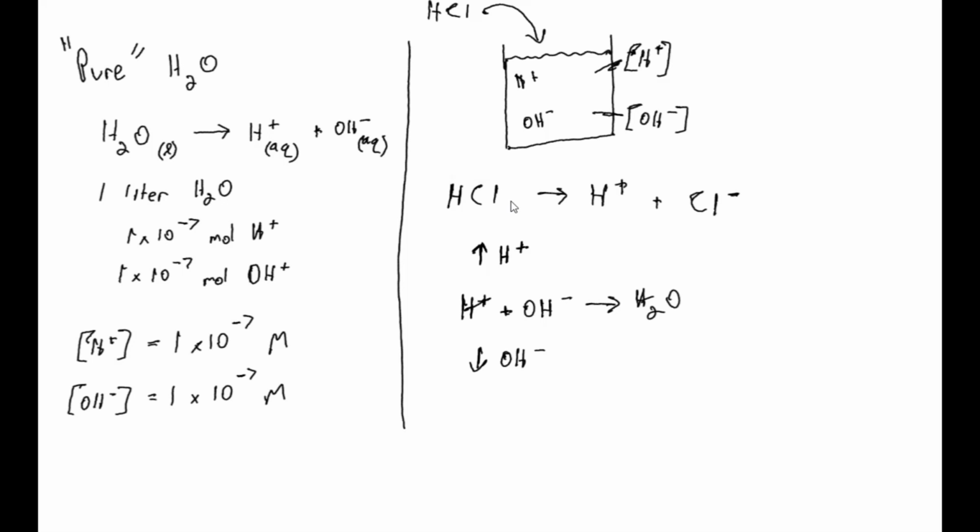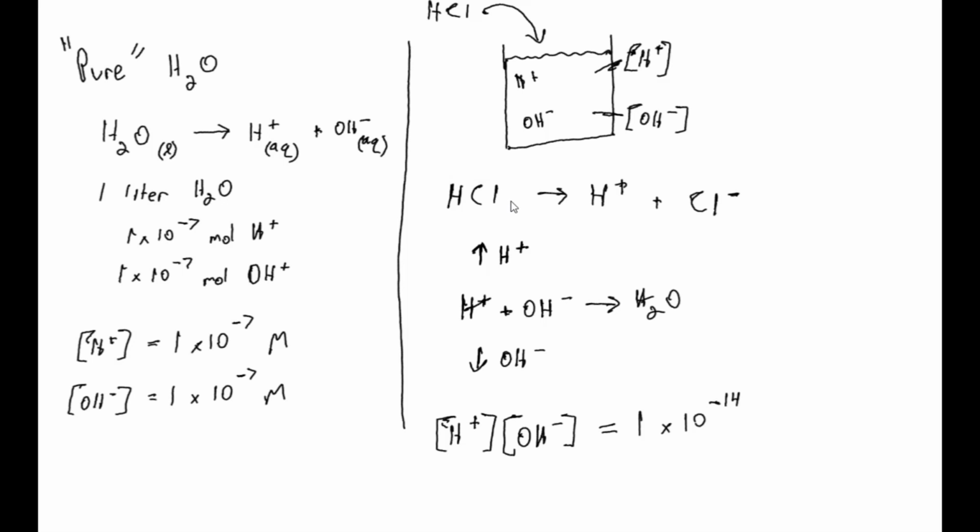The higher the concentration of hydrogen goes, the lower the concentration of hydroxide has to be. And there's a mathematical relationship that I think will make this a little bit easier to understand. It's maybe not obvious where I'm getting this from, but the concentration of hydrogen ions times the concentration of hydroxide ions always has to equal 1 times 10 to the negative 14. It comes from something called an equilibrium expression. It's a little bit beyond our scope for a Chem 1 course, but it is nonetheless a helpful thing,